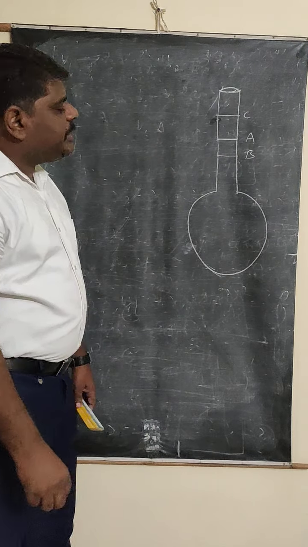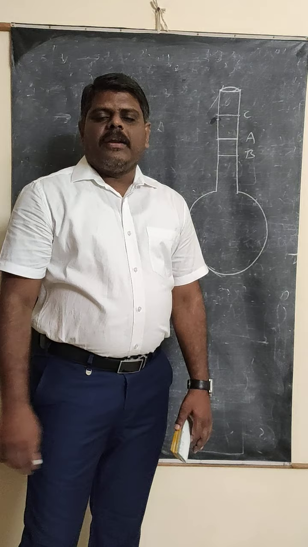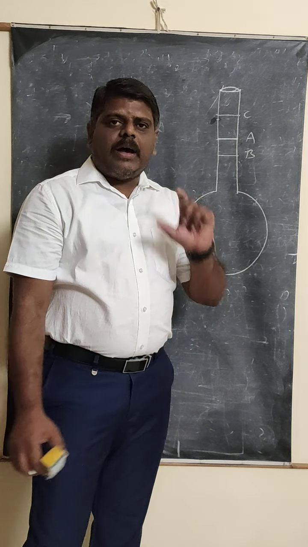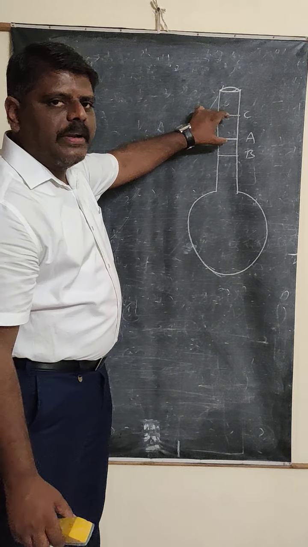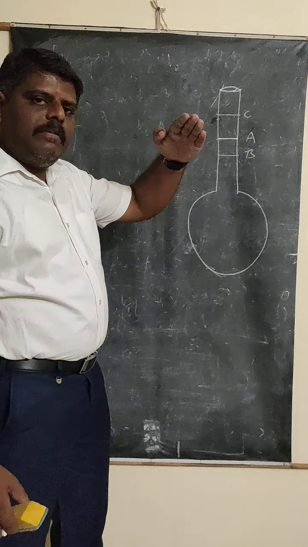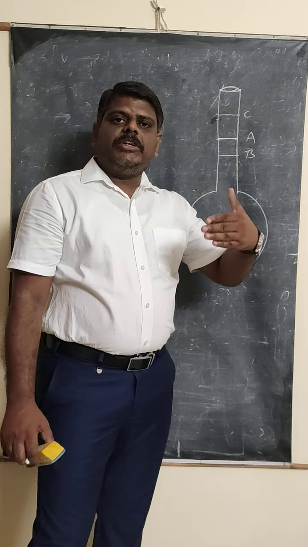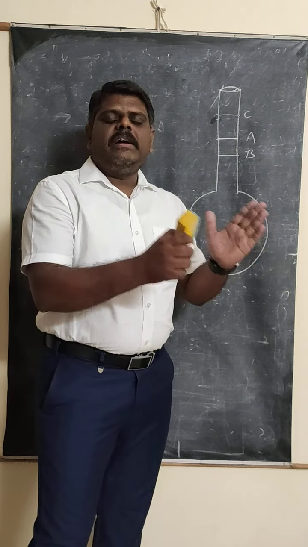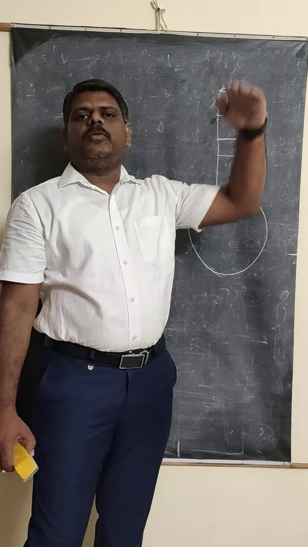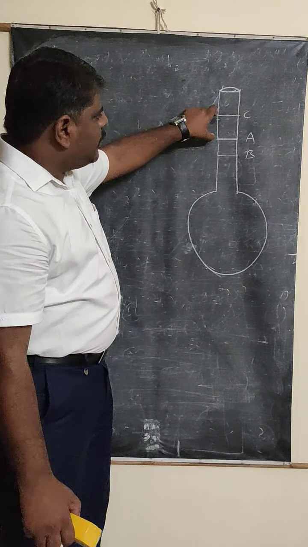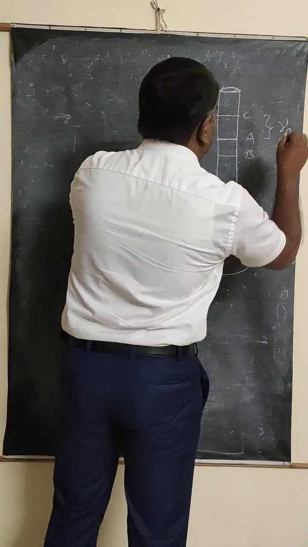Now, there are three positions, A, B, C. Whatever expansion we are observing, we are going to observe only from A to C. Actually, first the liquid level decreases, after that it increases. But the human eye will not observe it because it is a very small value. That's why you can't identify it. What you can identify is up to what level we are taking and up to what level it is increasing. So this is what we observe. That's why it is called gamma A.